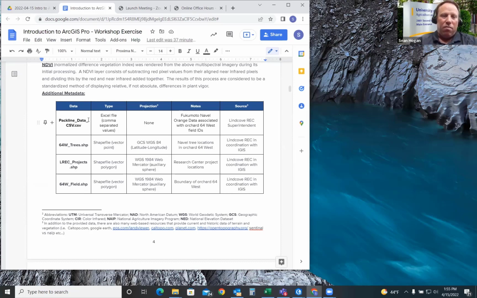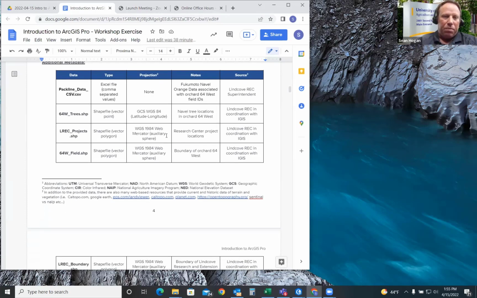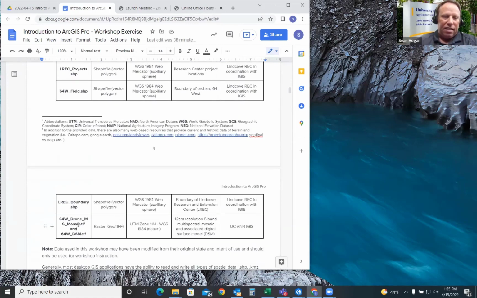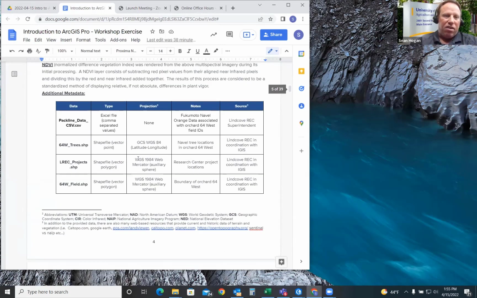It's very powerful for displaying a number of attributes about the site that aren't visible just in the imagery itself. And so that's what we'll be doing today: taking this data here, tying it together with tree-point data that is then joined with this Pacline data, so that we can create new symbology for the map that's compelling and tells a visual story. So that's where we'll be going with this.